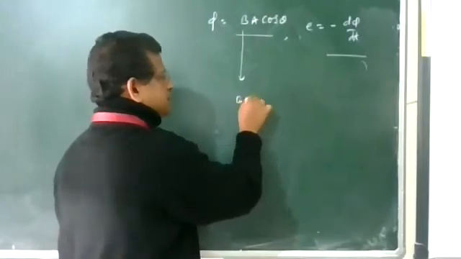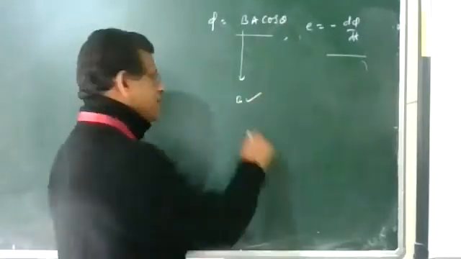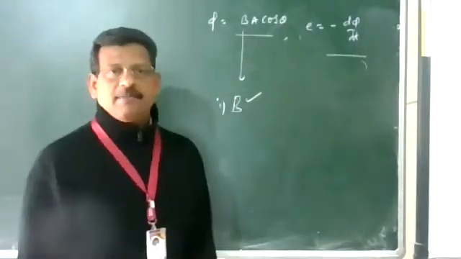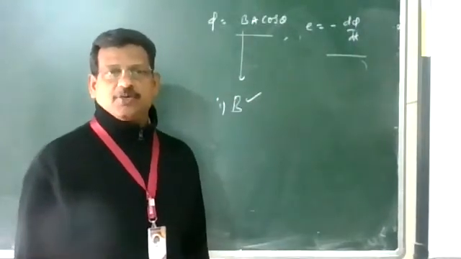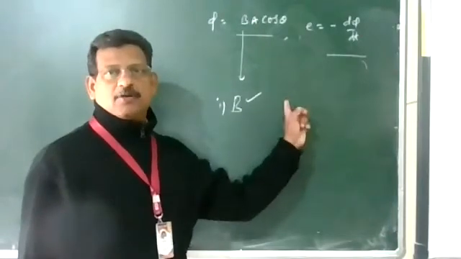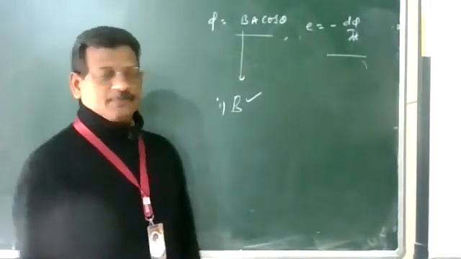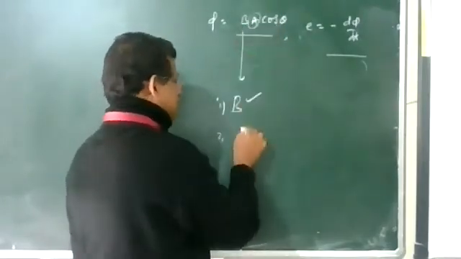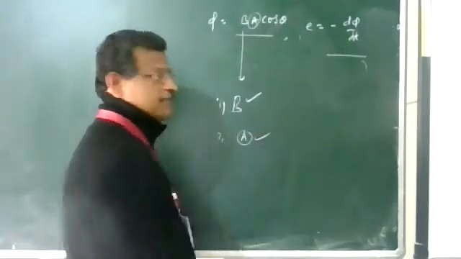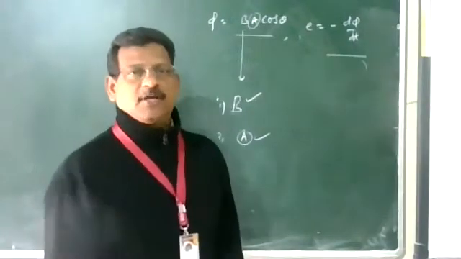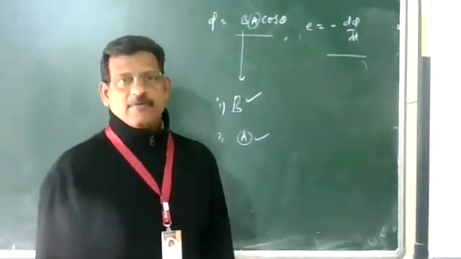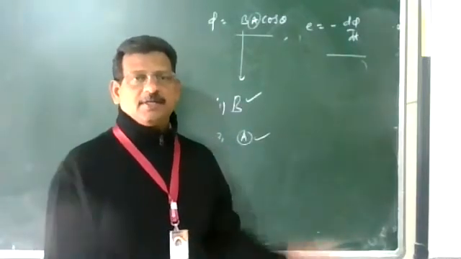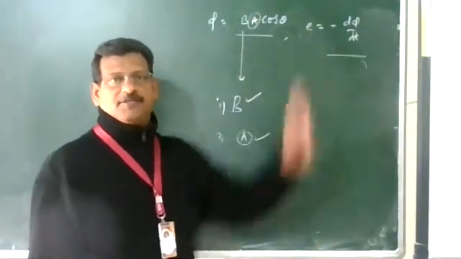When B changes, that is the first method. By changing B, magnetic flux changes and EMF is induced. Experiments: coil, magnet experiment, coil experiment, all the cases. Second, by changing the area through which the flux passes, we can make a loop or a coil. Suppose the area of the coil is changing, then also flux changes and EMF is induced.